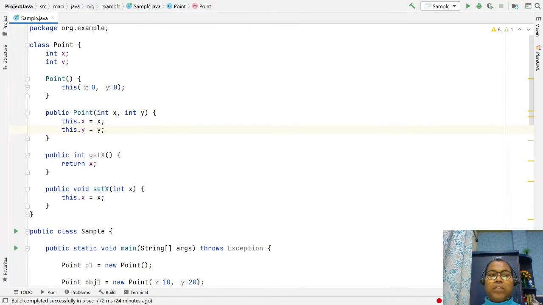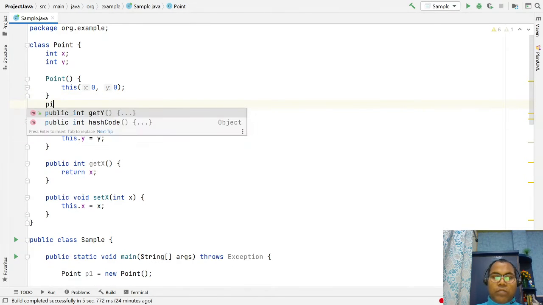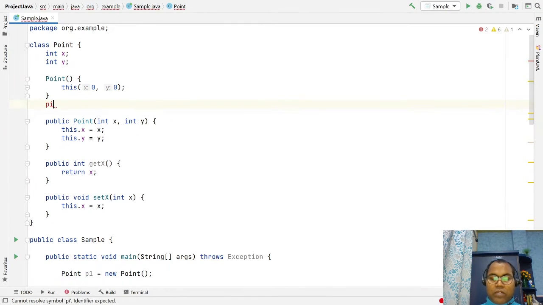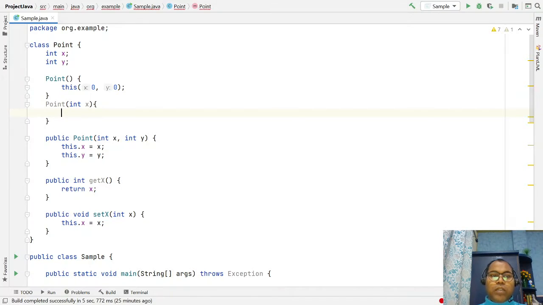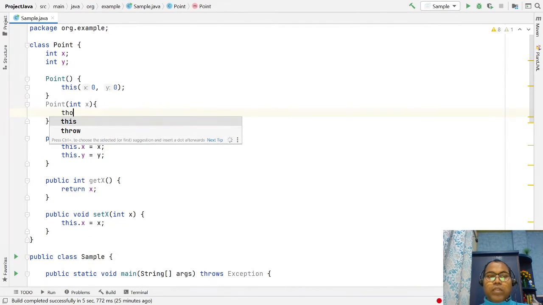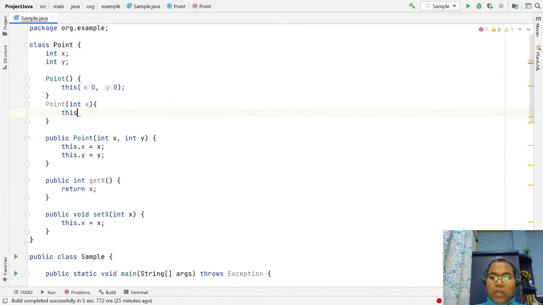Let's say I want to pass only x and not y. So let's write a constructor Point with an integer x, and I want the same value for x and y. So I invoke the two-argument constructor, passing x and y, both with the same input argument.